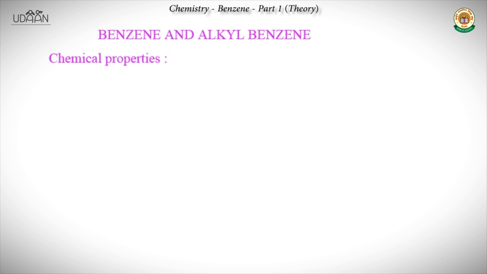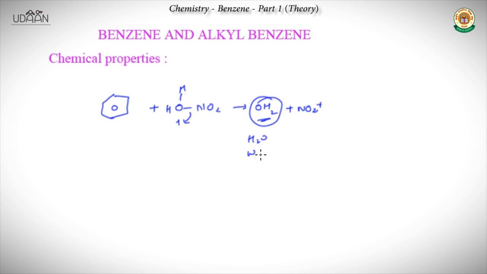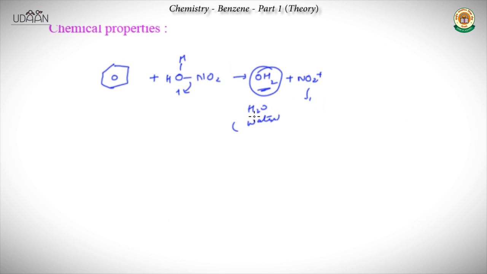Now let us talk about nitration. First you have benzene. If you add HNO3, where the structure is OH-NO2, you will get OH minus and NO2 plus. Since it's an acidic medium, first a protonation occurs here, then water cleavage, so you will get OH2, which is water. You have the electrophile NO2 plus, and if you directly add it, you have this one. The mechanism is taught to you.